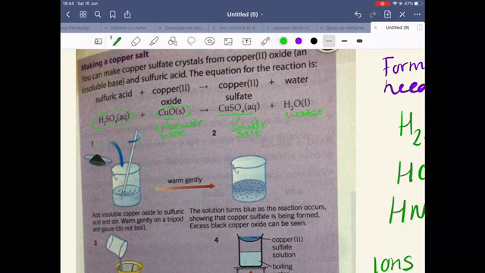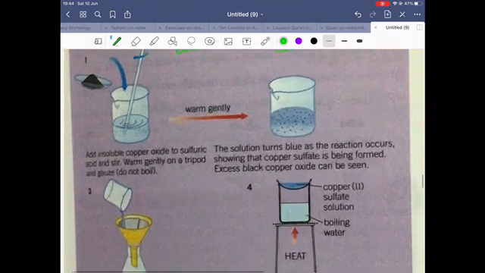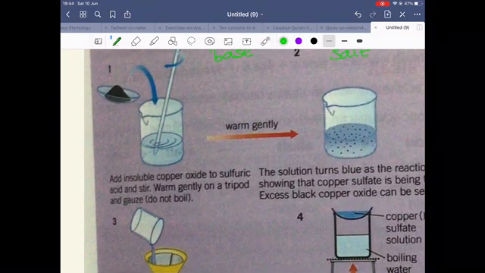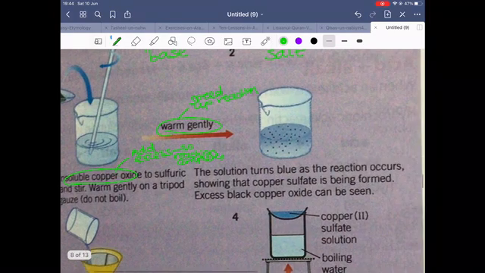So it could be, for example, an insoluble base of zinc oxide. We react it with sulfuric acid, and we'd still make a soluble crystal of zinc sulfate. Or it could be magnesium oxide with sulfuric acid, and we'd make magnesium sulfate. Or magnesium oxide with hydrochloric acid, and we'd make our magnesium chloride crystals. So the name could be anything, but the method and the steps remain the same for making a soluble salt